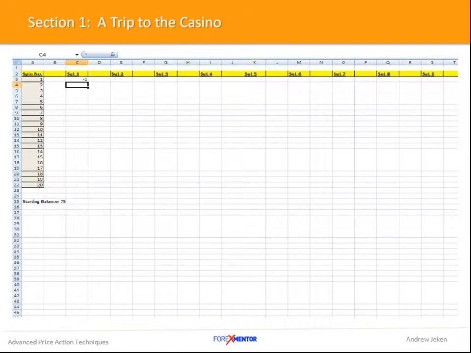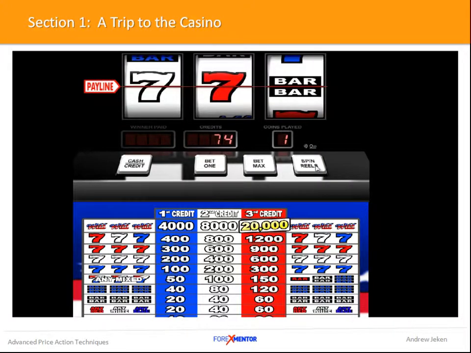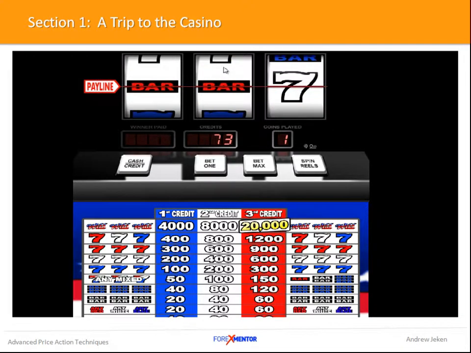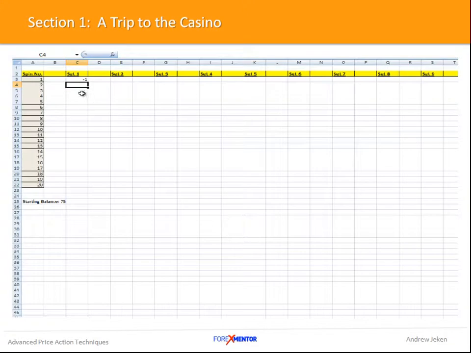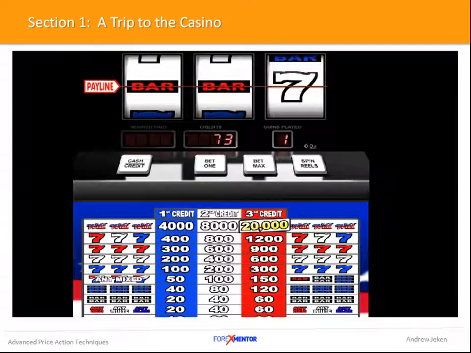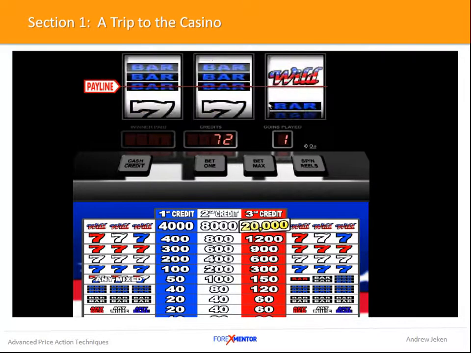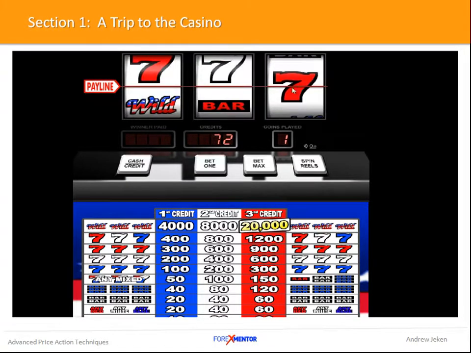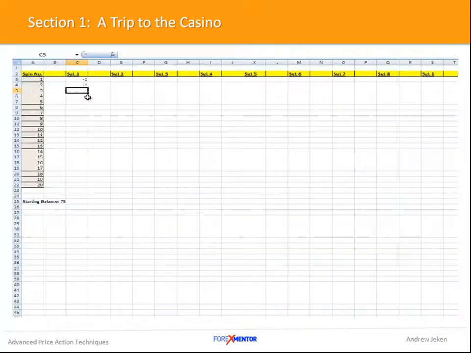So if we continue, still $1, and we bet, you can see we lose again. Understand that every time we flip the switch, push the button or pull the arm, we're not quite sure what's going to happen next. Now you can see we've had 3 spins and we've had 3 losses. There's no difference from what we've just done now to putting on a trade in the marketplace. So we continue with our exercise,